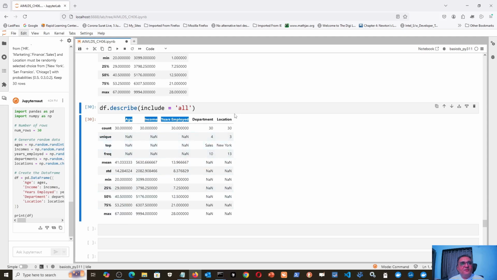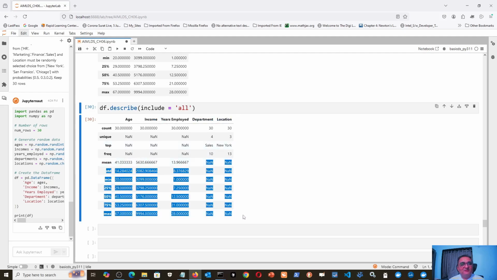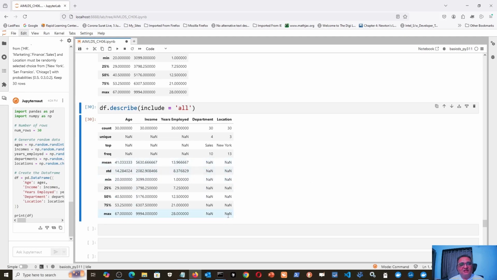Similarly for department and location, as I said, mean of department, standard deviation of department, maximum department, minimum department, or minimum location, maximum location. These things don't make sense. So wherever there is something which does not make sense, that will be put as none. But for these 2 columns in which we are interested, department and location, I can see that in the department